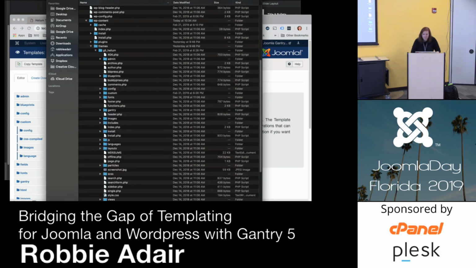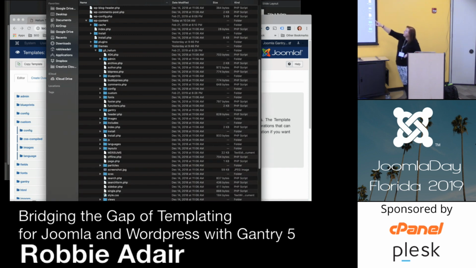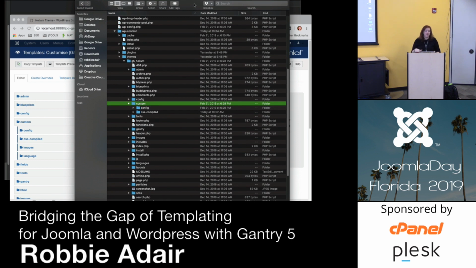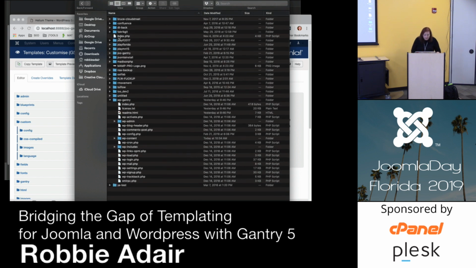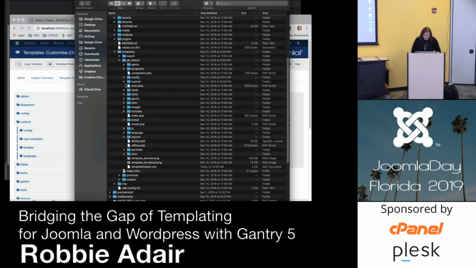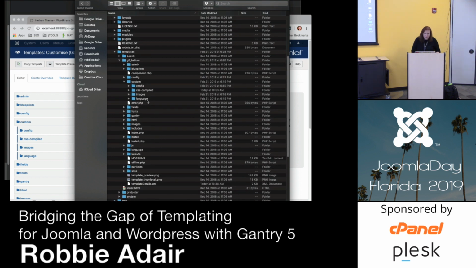Oh good, I still kind of had it open. So you can see there's my WordPress site, right? This one actually has a little bit different, and so if I wanted to move that images folder over, all of the Gantry themes are set to look in this last one, right? It's the override one, but it's going to look in there. So if I put those images in there, they're going to show up. And then here, same thing, and then here is my custom, and there those are.